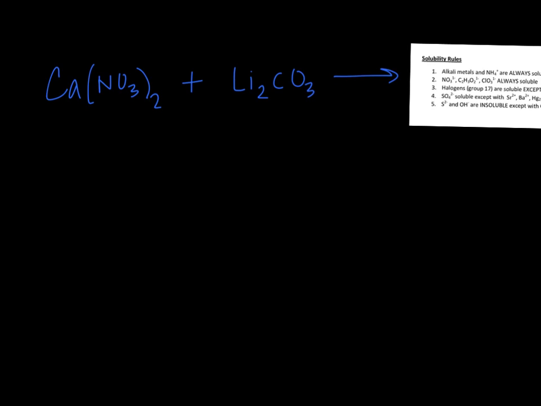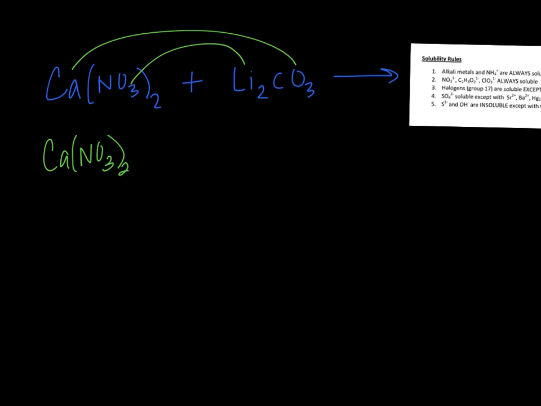All right, we have calcium nitrate and lithium carbonate. And so I'm going to check to see if I get a precipitate. Lithium nitrate would be soluble. And calcium carbonate, well, that's not soluble. So that's going to be our precipitate. So I'm going to rewrite the reaction down here. Got calcium nitrate, and that's aqueous because nitrates are always soluble. And then I've got lithium carbonate, that's aqueous, because